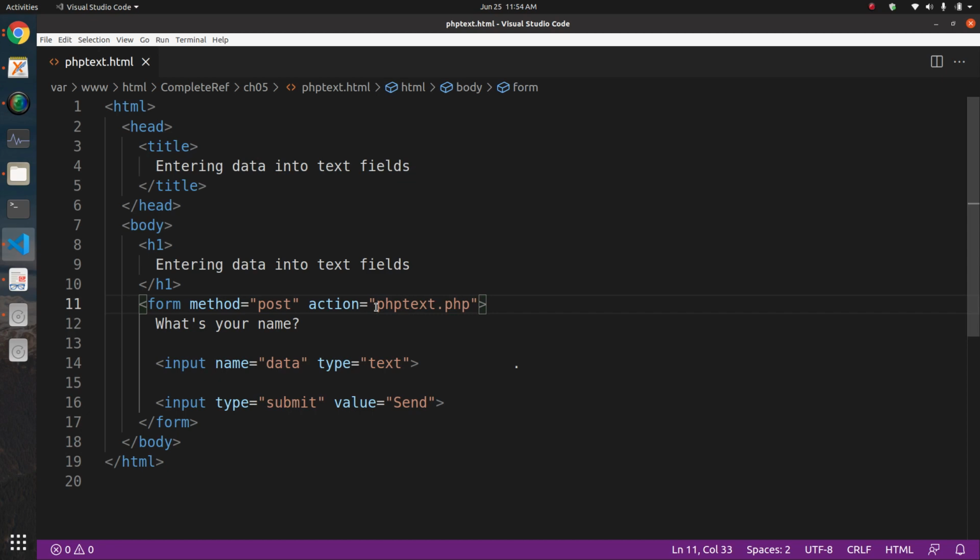So that means this PHP text script should be in the same directory where this file is residing. ठीक है, ये दोनों फाइल सेम डायरेक्टरी में होनी चाहिए। कौन कौन सी फाइल? PHP text.php एंड PHP text.html। Okay, now we have just displayed some message, then there is one input box, you